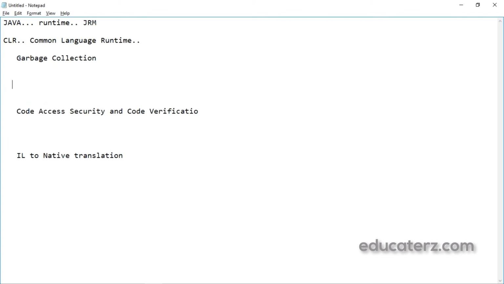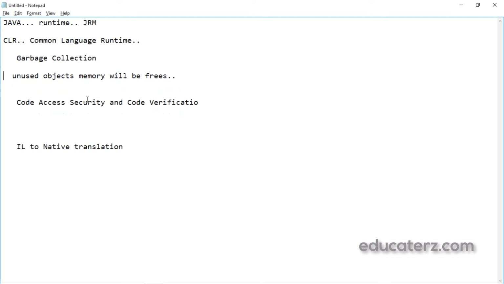So unused objects' memory will get freed. The memory which is allocated will get released from those unused objects, and the memory will be reutilized for the new variables by this garbage collection.